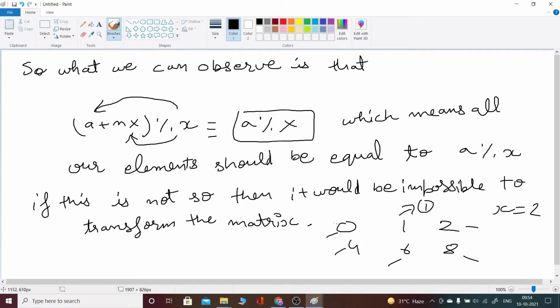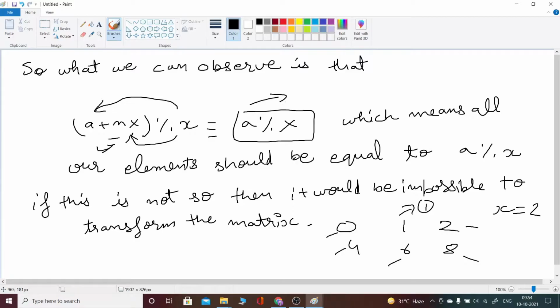Why can we not do so? Because each number should be a plus nx, and when we take the remainder, each element should become a modulo x, which means no matter how many operations we did, they are of no use. After taking modulo, each element should become a percent x, independent of the operations we did.